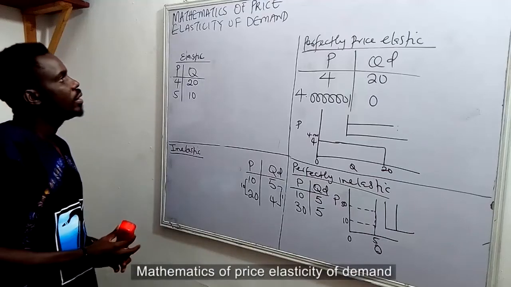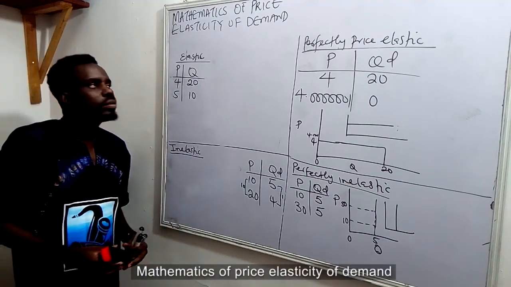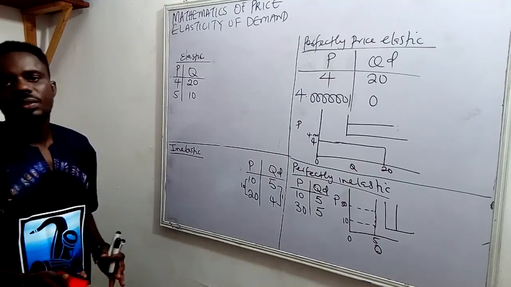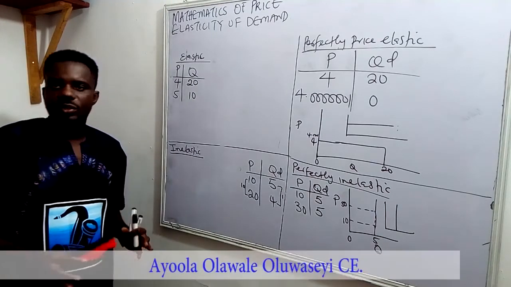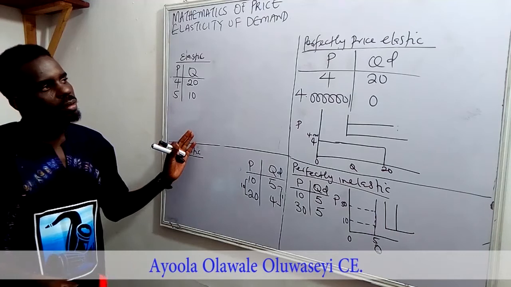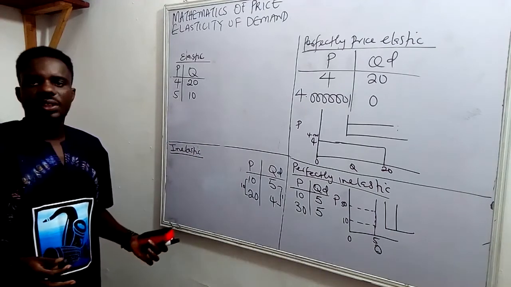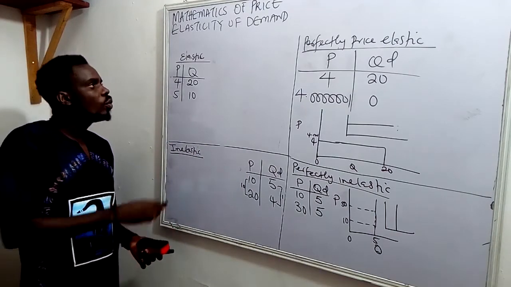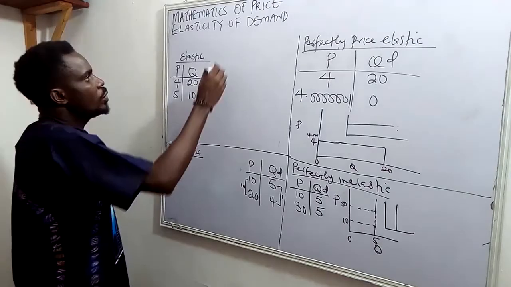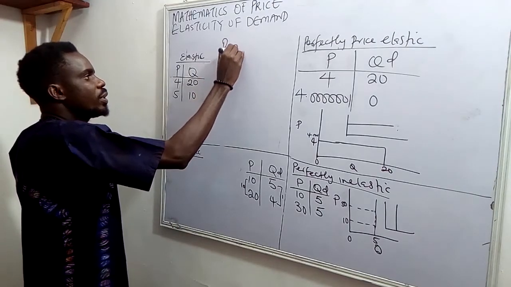Mathematics of price elasticity of demand. Here we want to adopt one of the major mathematical tools to explain the four scenarios. First, let us examine a scenario where a product is price elastic. Using the proportionality rule,